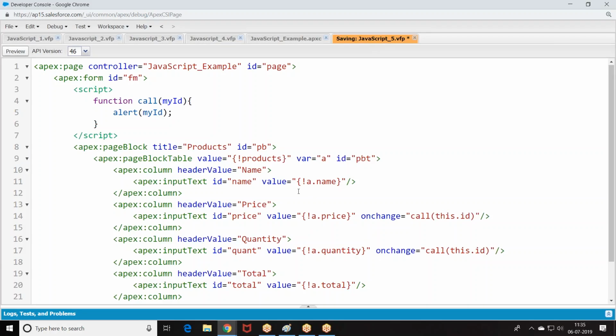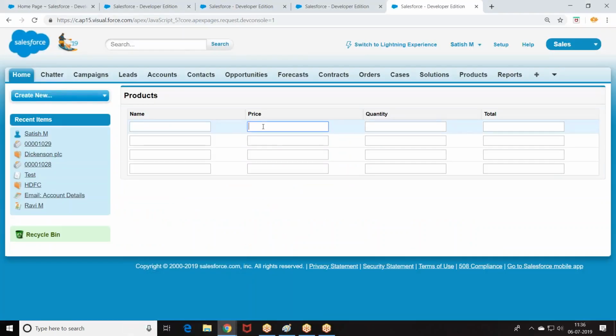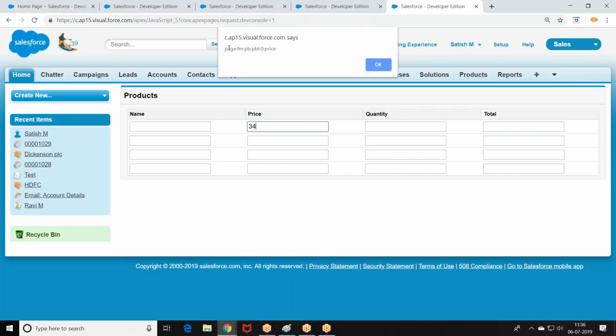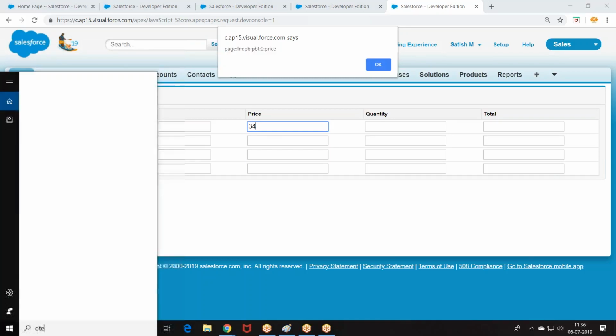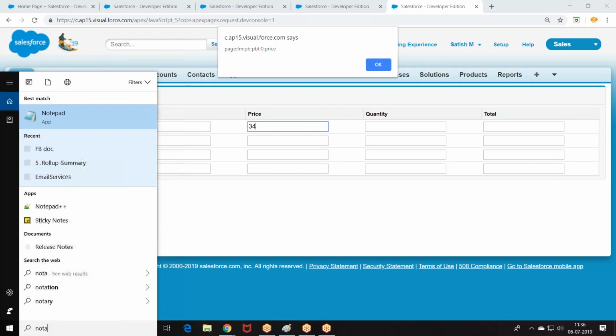Okay. Now look at the story. What is the ID we got here? Copied this ID. Observe the ID carefully. You understand the concept.